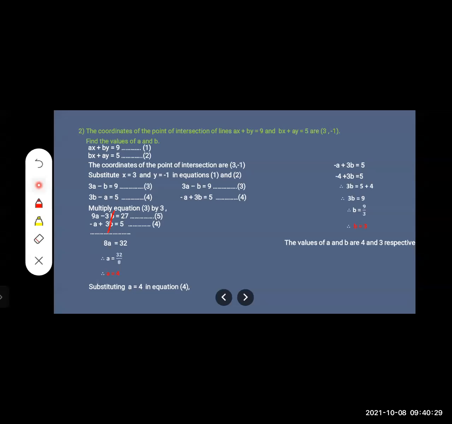Where you are not getting? Actually, this is 3 marks. Little you have to pay your attention. Okay. See where you are not getting. This equation framing you are not getting. You want from the starting. Okay, time is not there. I have no trouble explaining from the starting, but time is very little. Well, I think 9:40 is over. Okay. See, this equation is here, no, students. You write that one equation first, and then you substitute this coordinate. Okay, 3, -1. Okay, I'll do one thing. Next class, I will explain this one first, and then I will go for the next sum. Is it okay?